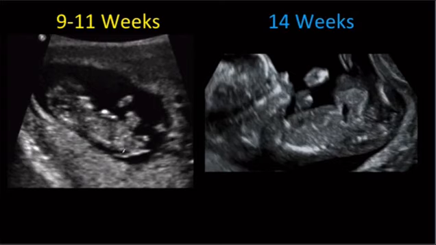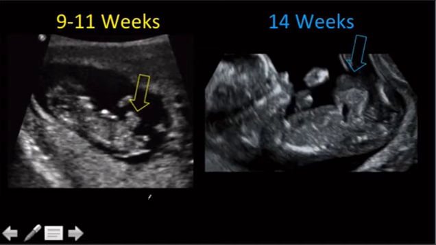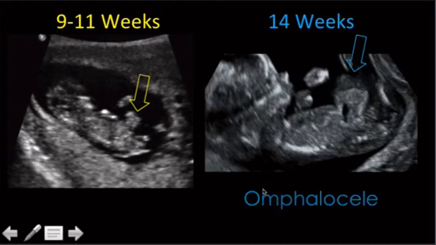Now, this here, I'll put the arrows on here. We've got this thing sticking out here, and that's not a foot. And I'll tell you that it's a girl. And in this situation too, we're a little bit older here. We've got something coming out right around here. It looks like it's contained, so it's probably, you figured out, an omphalocele,